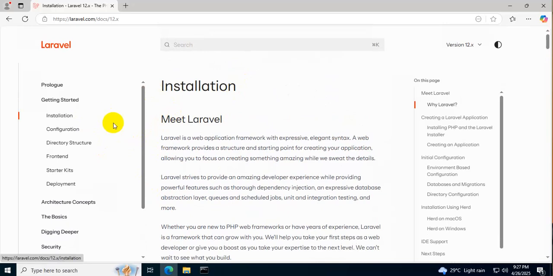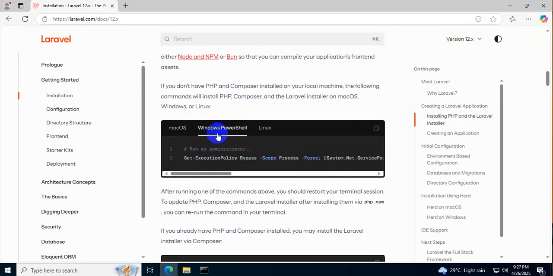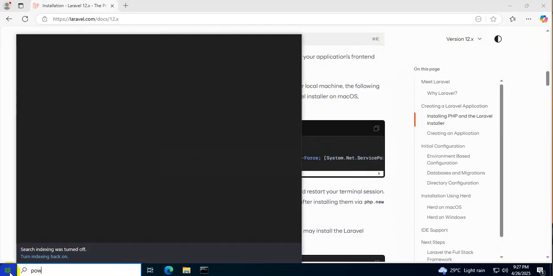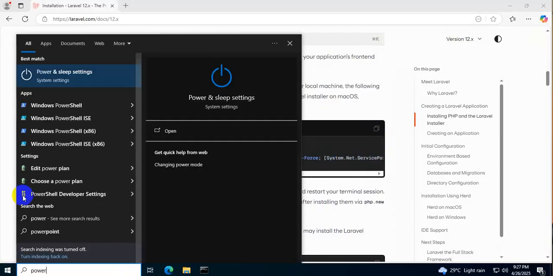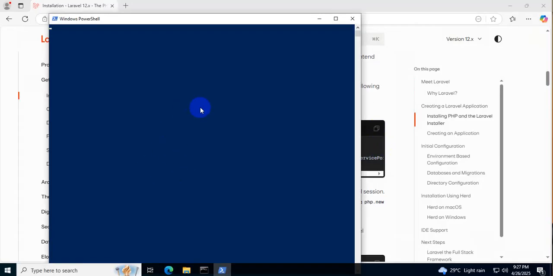Here we go to Install, and then we go here to Windows, and here we copy the Windows PowerShell command. Here I recommend you run as administrator because it